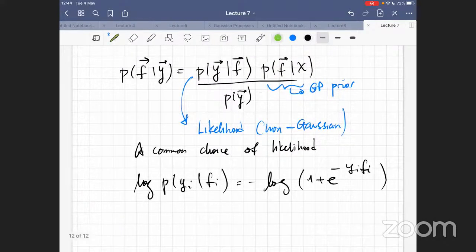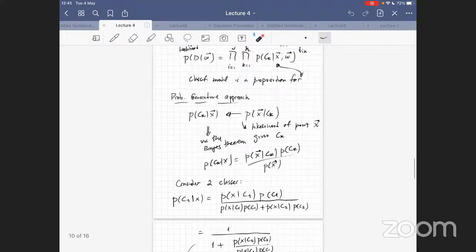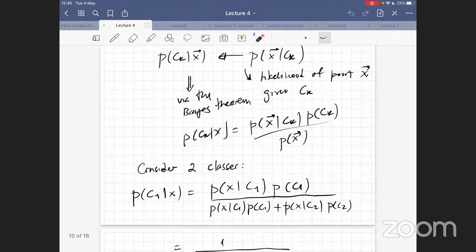I mean, just note that this is the same as saying that this is just a sigmoid function. So this is just sigmoid like this. So you remember that in the lecture of classification, probably it was lecture 4 or something, that for generative models, you could always express this as a sigmoid. Yeah. So you remember in lecture 4, in the probabilistic generative approach, that I could, for two classes,